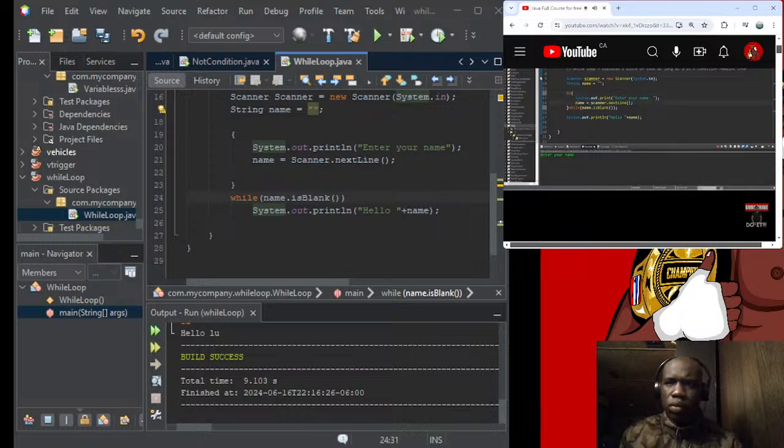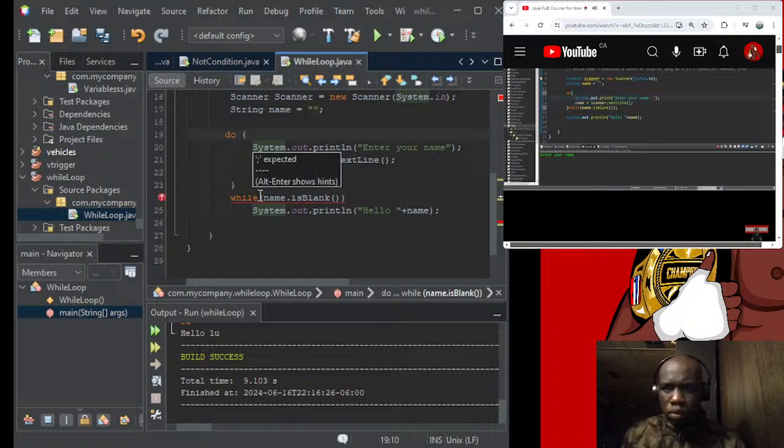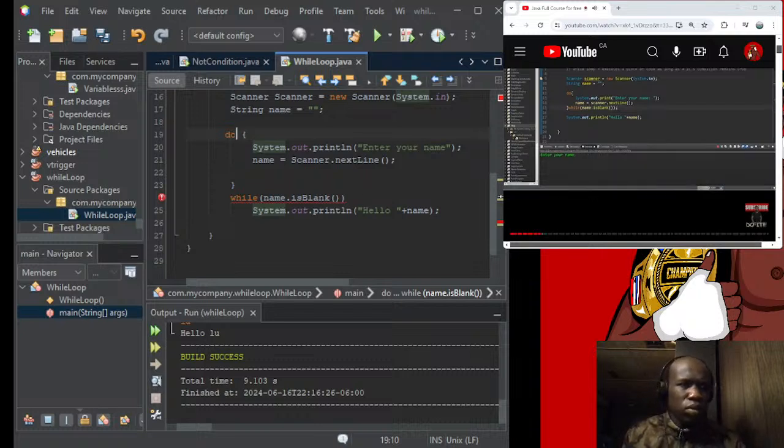So what makes this different is that with the do while loop, we will always perform our block of code at least once, and then we check the condition after. So this will work much the same. However, we're always performing this block of code at least once. So the do while loop is a very